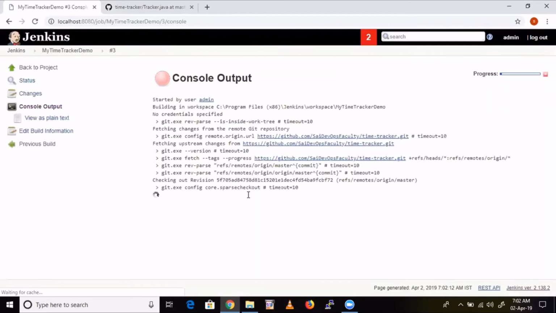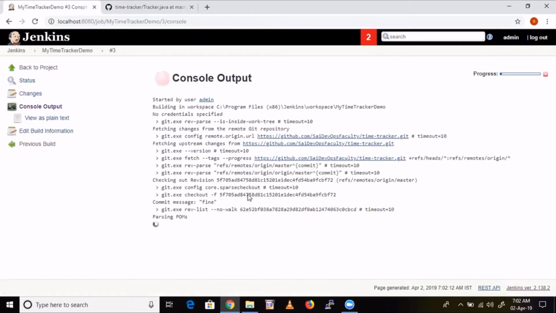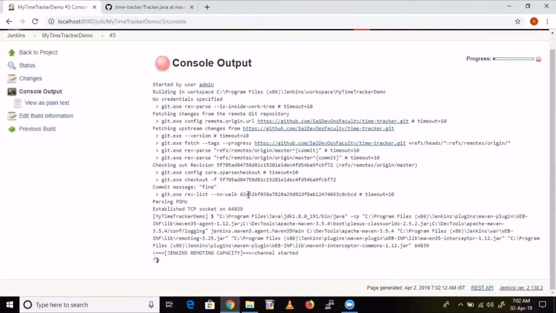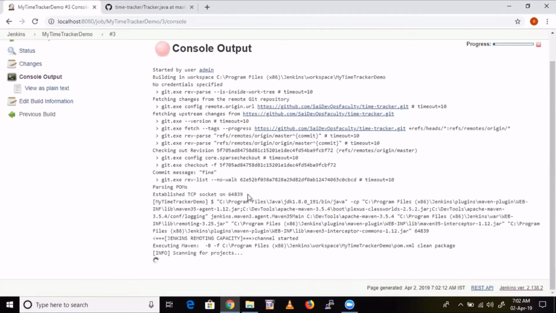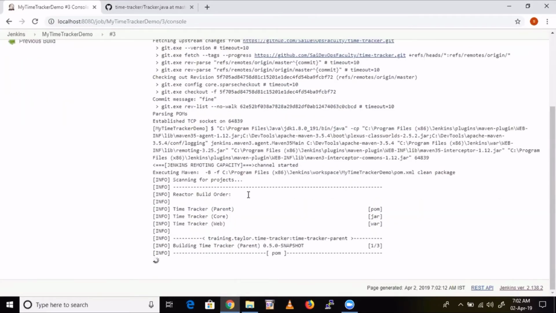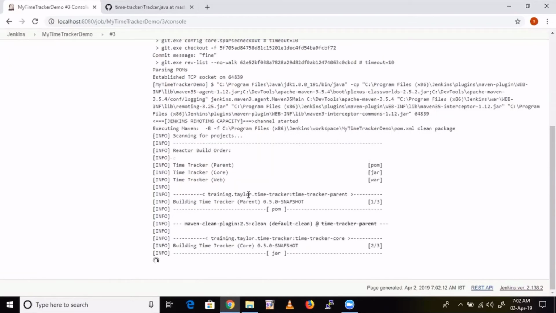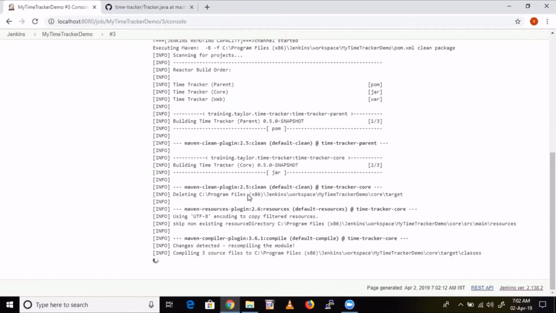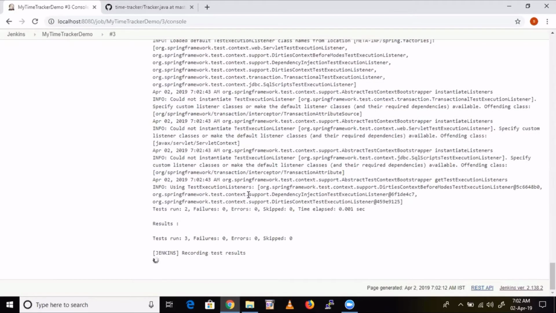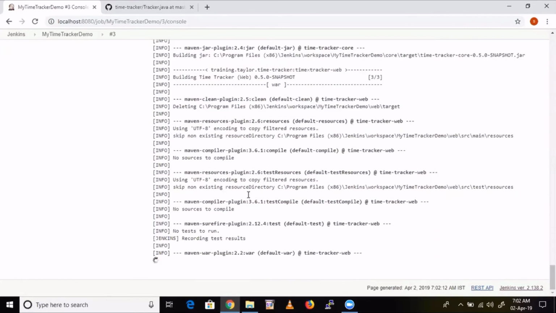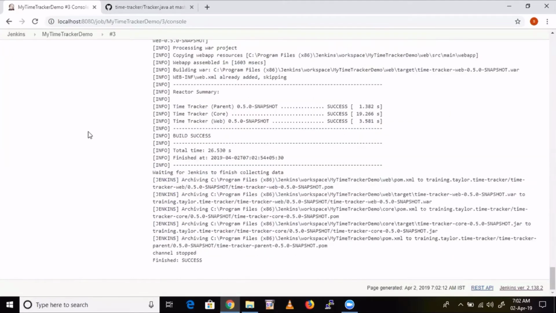This time the build will be successful only. See here, now the build is successful. Now that's how we troubleshoot the issues.